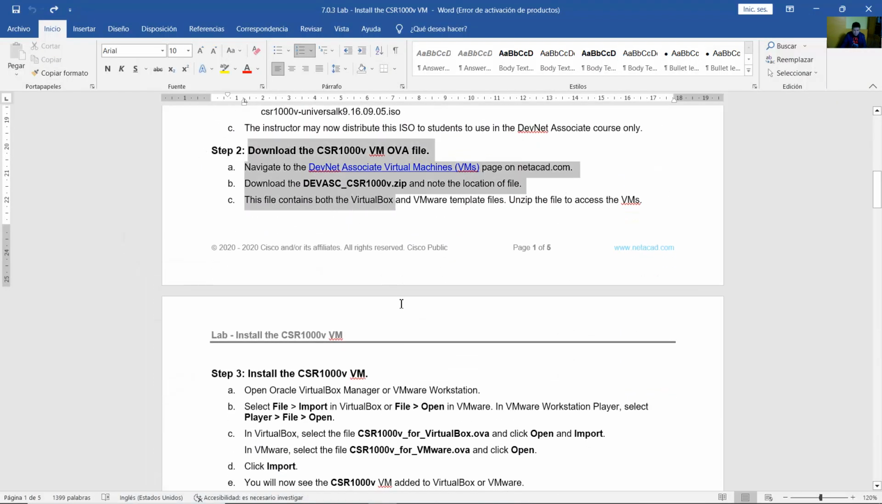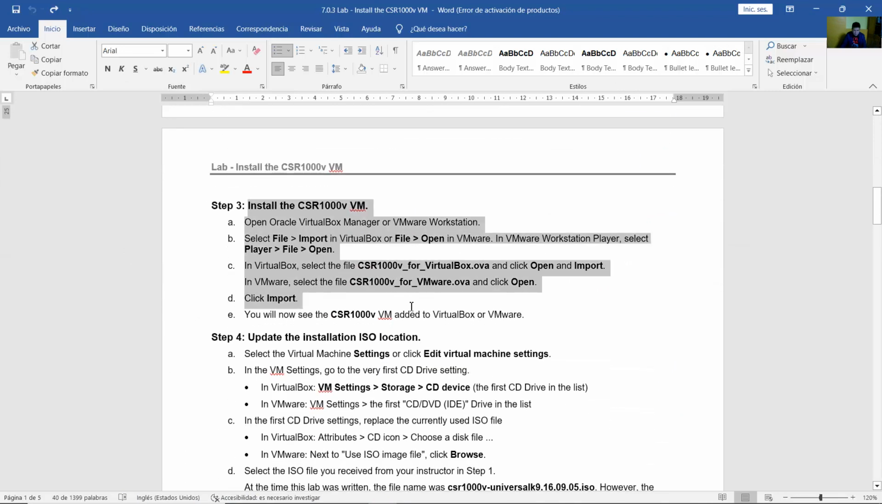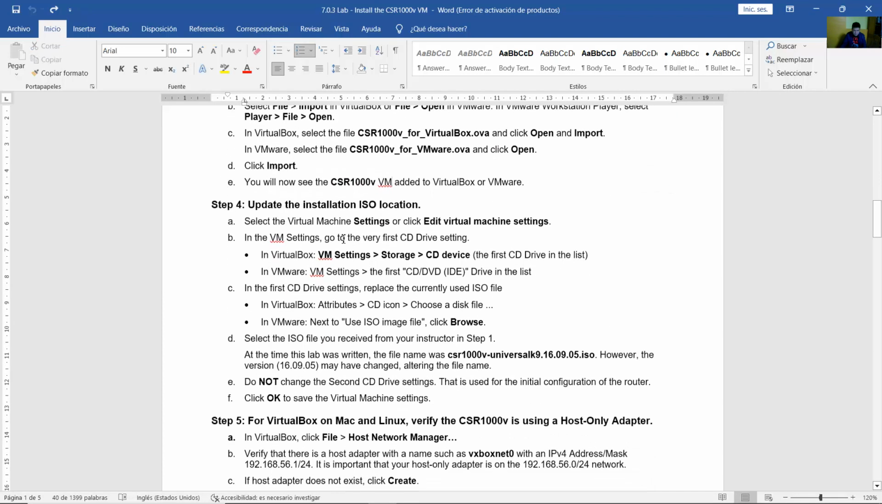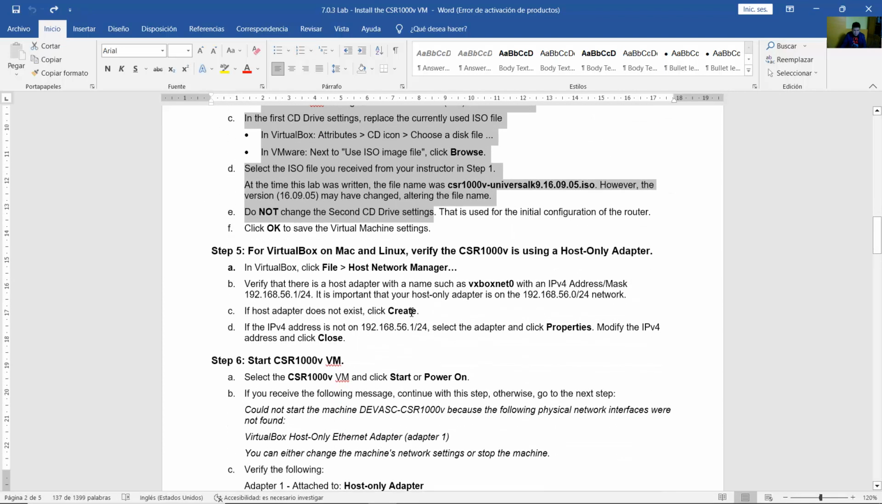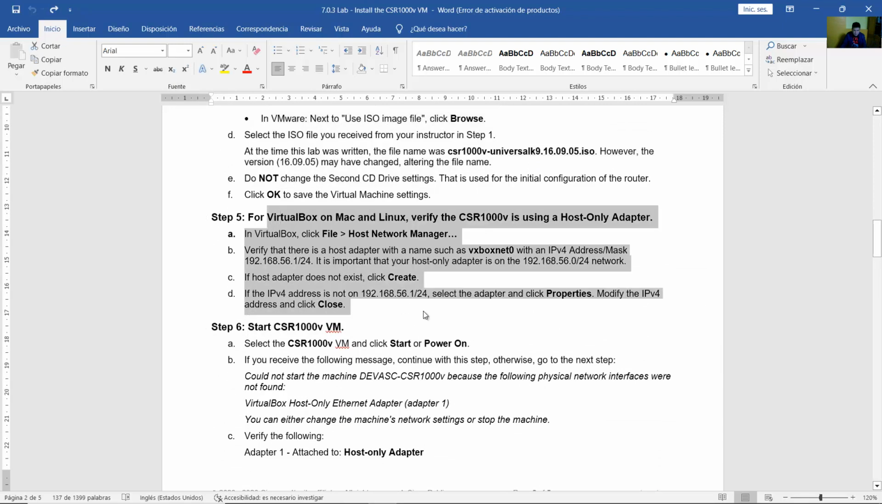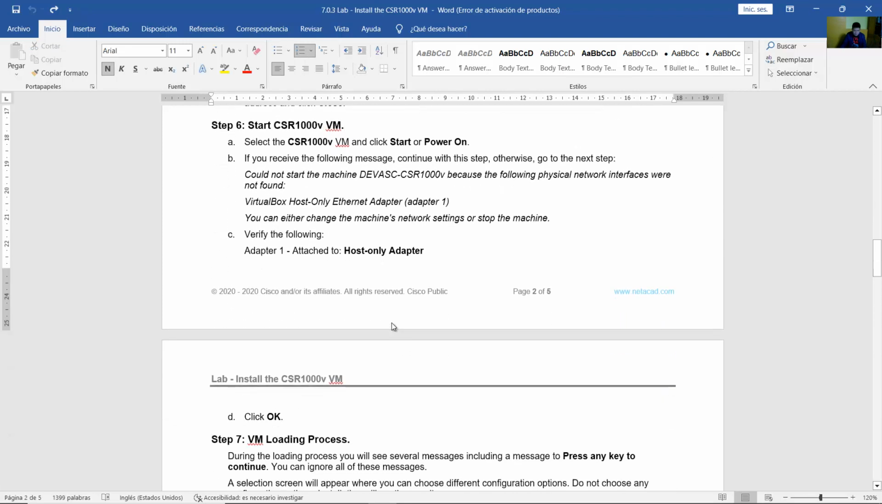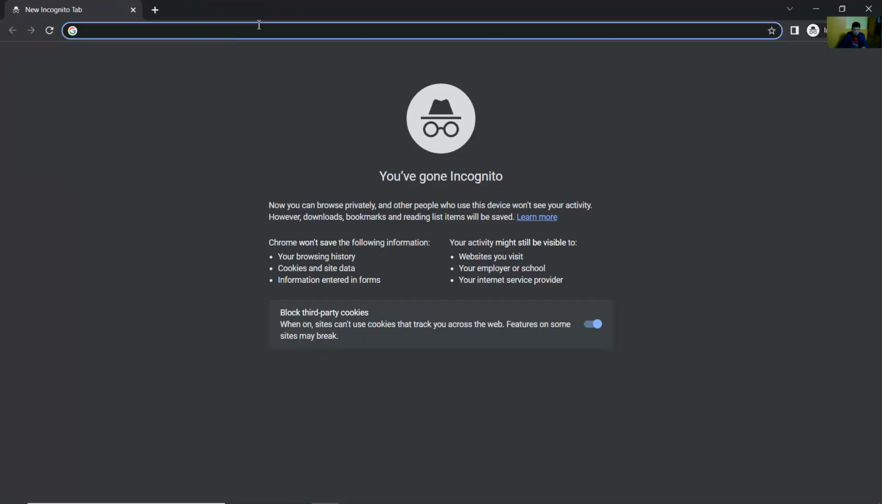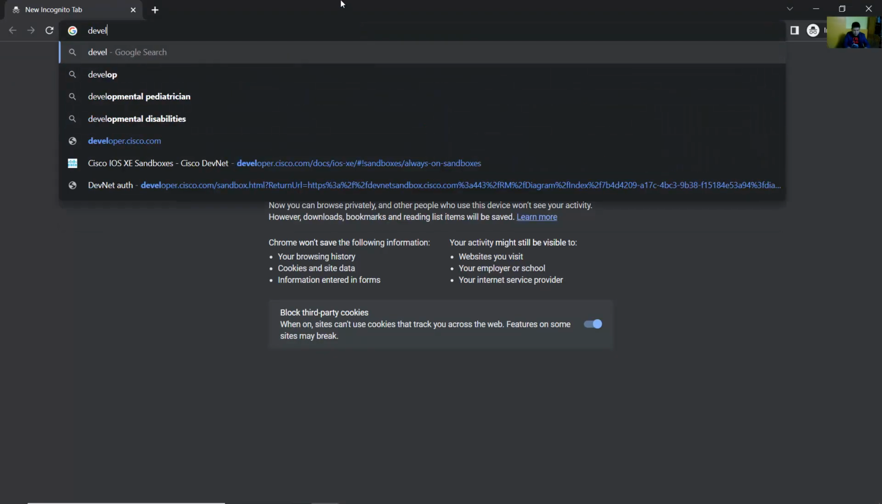So skip this, another part, the OVA file. Skip this. Skip the update. Skip the VirtualBox configuration and setup. And go to Start CSR1000v virtual machine. Select the CSR1000v virtual machine and click Start or Power On. And go to developer